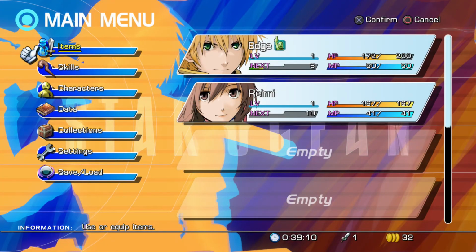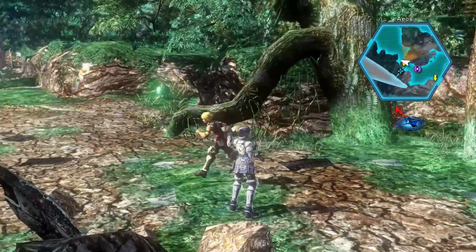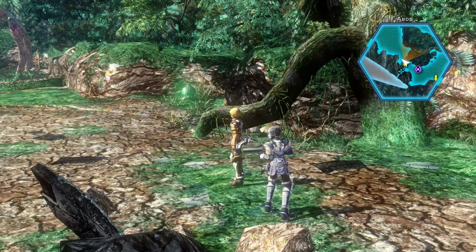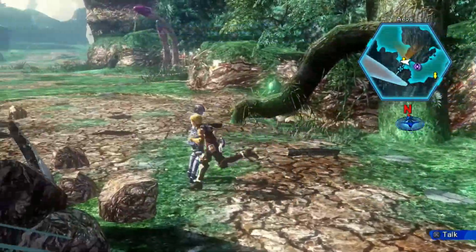And at this point, Raimi goes ahead and joins the party. So now there's 2 of us against the local indigenous population here. And we can see her stats along with Edge's if we go to the menu. Right, so our next course of action is to take a brief detour here and collect some items that are